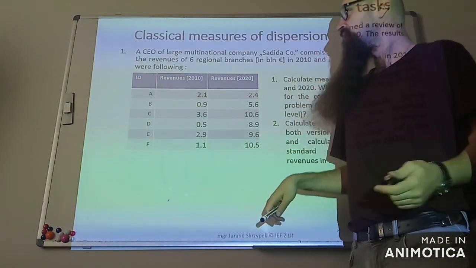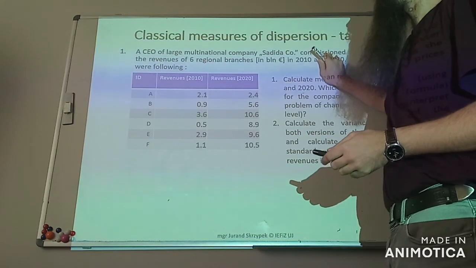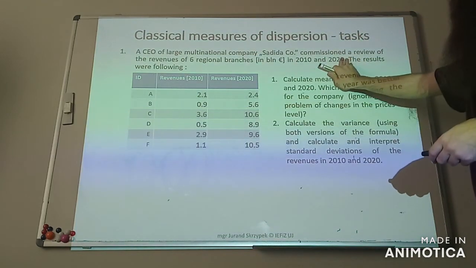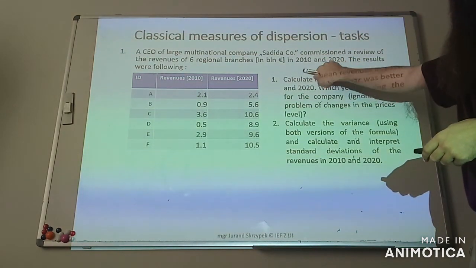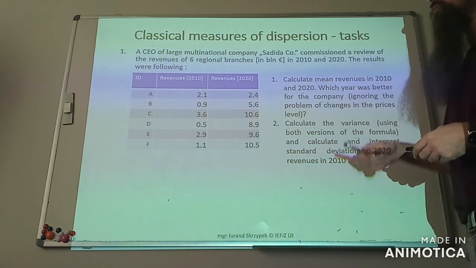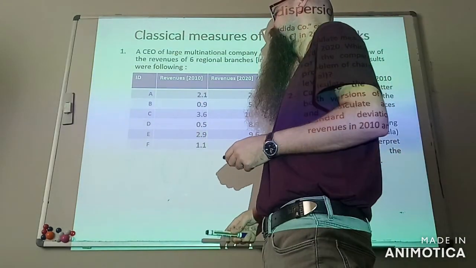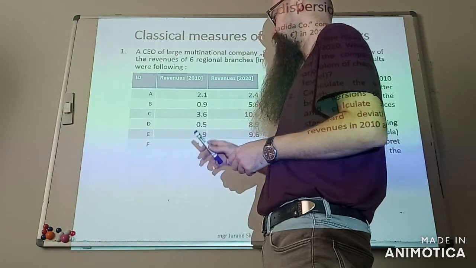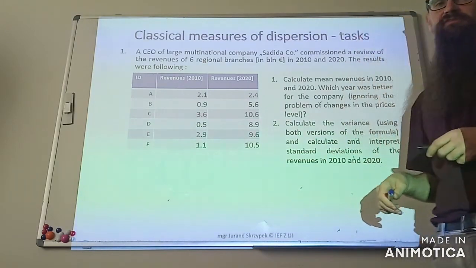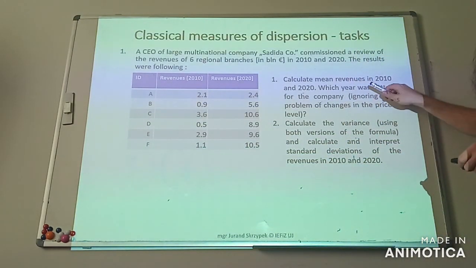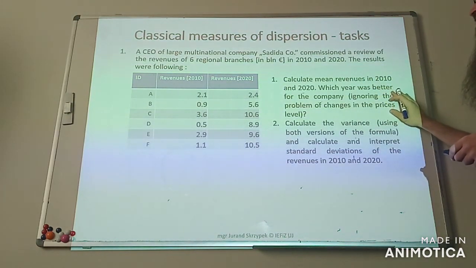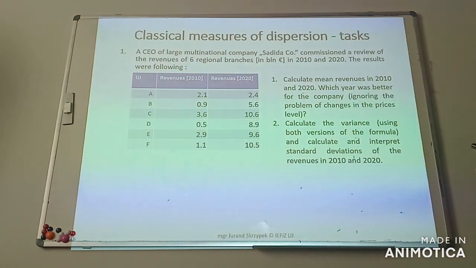Task 1. The CEO of a large multinational company called Sadida Corporation commissioned a review of the revenues of 6 regional branches in billions of euros in 2010 and 2020. The results were the following. Here we have IDs of the branches A, B, C, D, and so on. Here we have the revenues from 2010 and revenues from 2020. And the first command is to calculate the mean revenues in 2010 and 2020. And please answer the question which year was better for the company,